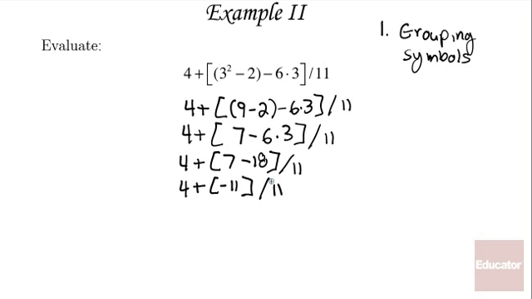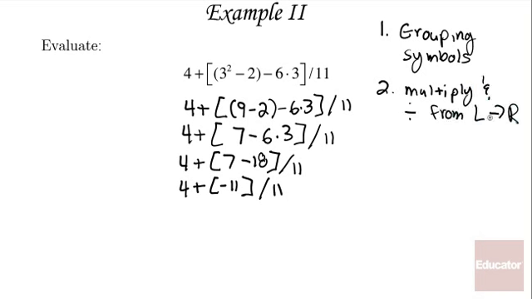Okay, looking at what I have left, I'm going to go back to the beginning of the equation and see that I can't do anything further here. I'm down to negative 11. I could eliminate those brackets, actually, and then I look from left to right and see that I do have some division. So multiply and divide